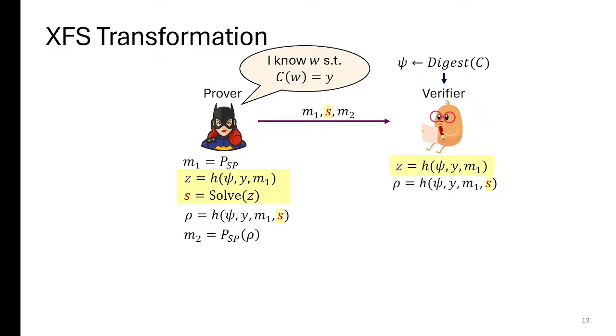Now the verifier can compute the puzzle. This is sort of how it computed the randomness in the regular Fiat-Shamir. And then it can also compute the rho given the solution, because it has the solution. Then it can check whether the original verifier would have accepted. And it also verifies that the proof of work is actually valid. This is our transformation. So it's making this hash function harder, the one that computes rho, by adding this proof of work, which is going to be checked by the verifier.